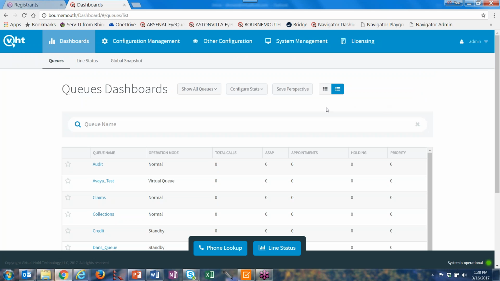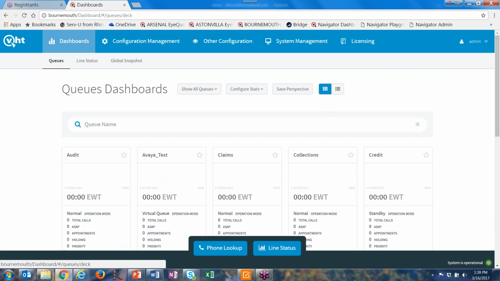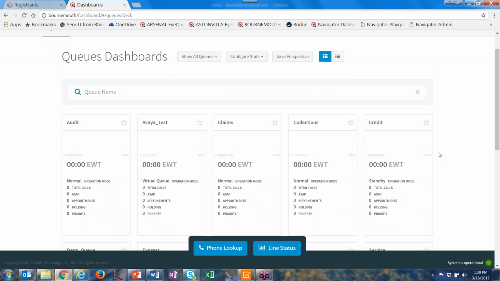Now, I usually like to view the cards simply because there's one metric in here that really isn't tracked or kept in the list view. And that metric is actually, if you look at the card here in this big open white space under the queue name, this is a 2-hour rolling history of EWT for each of your queues. So you see in the big bold numbers and letters, you got the big number EWT here, but right above that, where it says now to 2 hours ago, it would display the